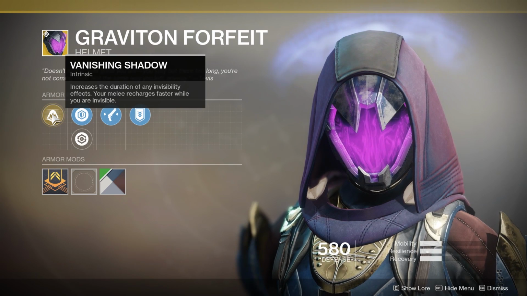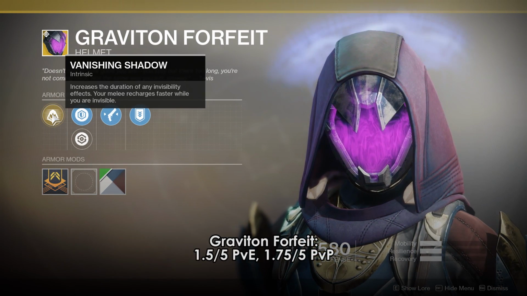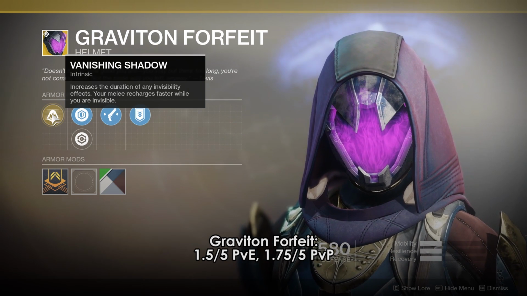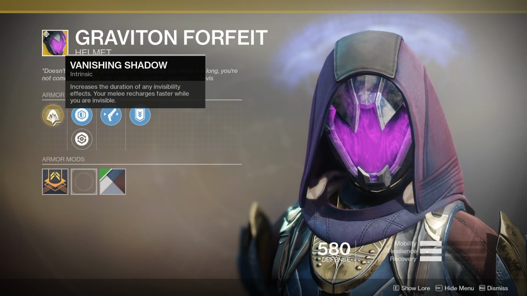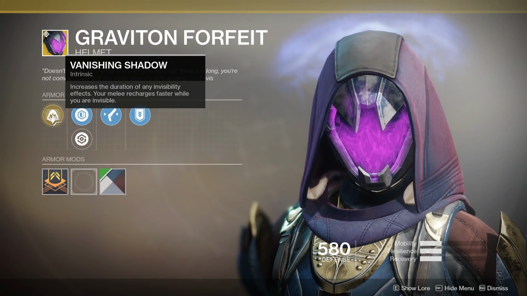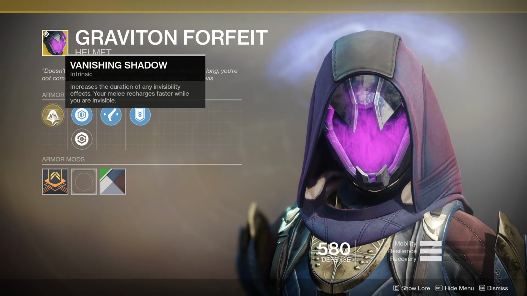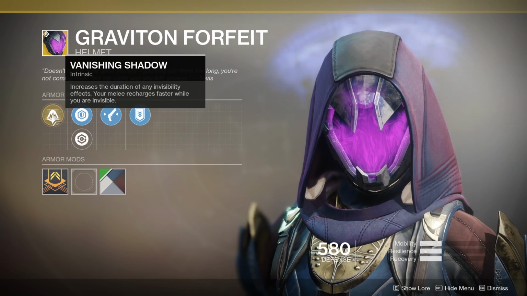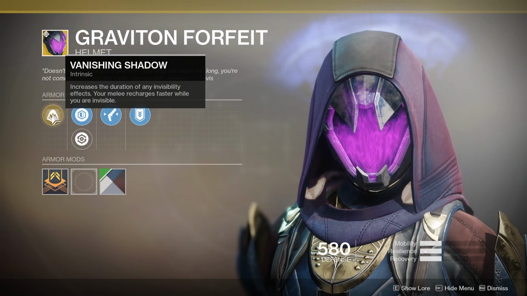Then we have the rest. Exotics not mentioned at all. Graviton Forfeit, a Destiny 1 darling, increases the duration of invisibility effects and gives you faster melee recharge when invisible. Only recently did we get any sort of invis effects that felt like they were worth using, but if you're running Spectral Blades, you're probably using Vest. Non-Spectral Blade invisibility effects are fine at best, but there aren't enough really good invis effects to really have to